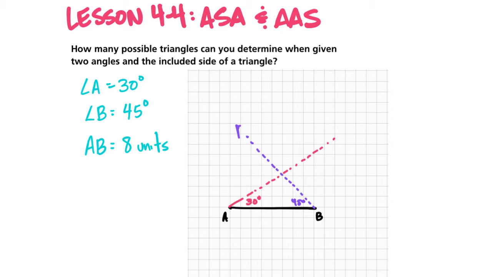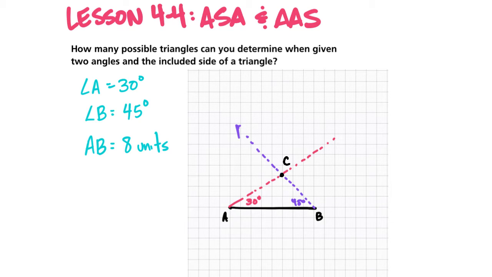But if we think about it, these two sides, even though it doesn't say how long they're going to be, by the fact that we have determined the length of segment AB to be 8 units, and we have one side coming out at a 30-degree angle from point A, and this other side coming out at a 45-degree angle from point B, we can see exactly how long they would need to be. They would need to be a length such that they meet right there. So point C, if we were going to call this triangle ABC,